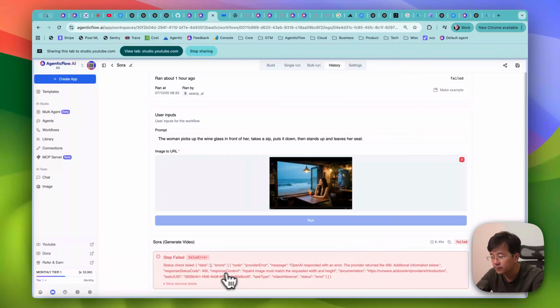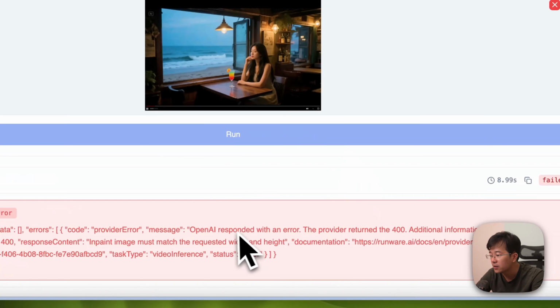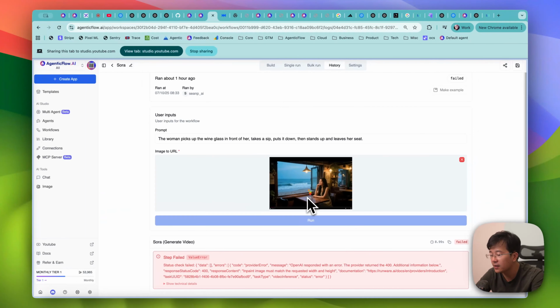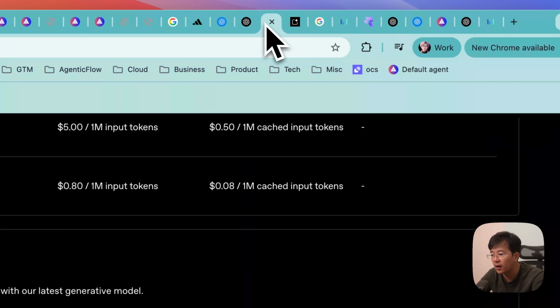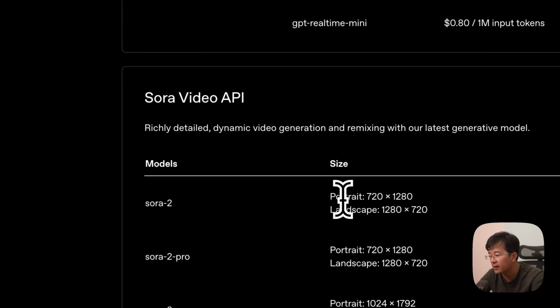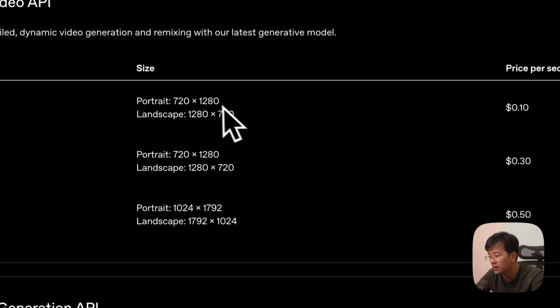This one: input image must match requested width and height. So it means the input image needs to be exactly the same size as the output video. For example, if you go back into the Sora pricing, you will see that the portrait is 720 by 1280.